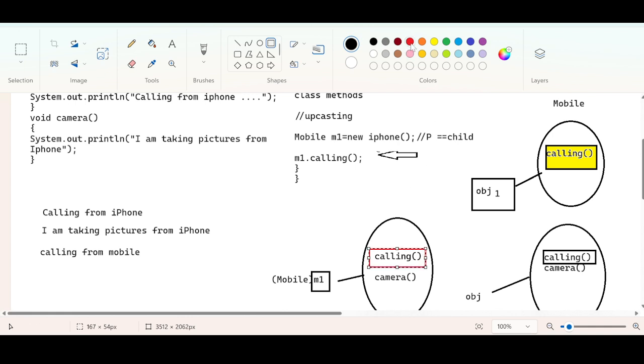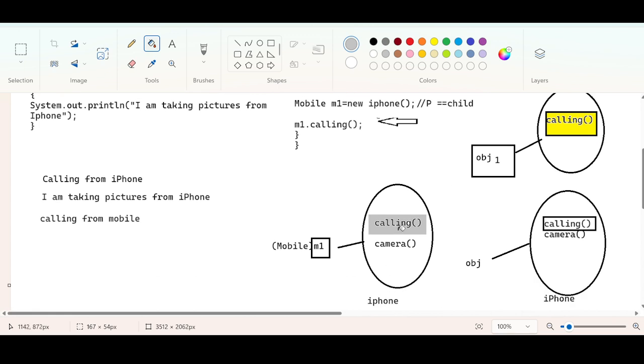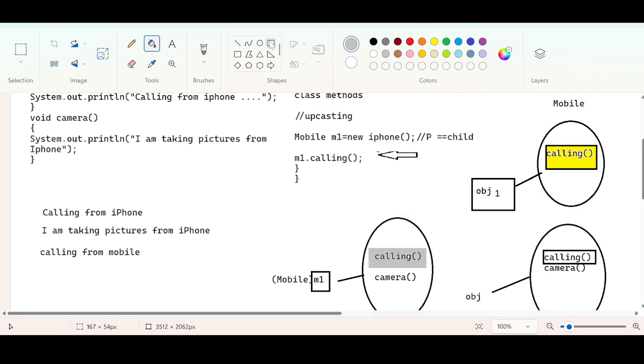iPhone class. One calling method is there in the mobile class, and one calling method is there in the iPhone class. The moment you give m1 dot calling, the question is which calling method needs to get executed? What happens? This calling method will be